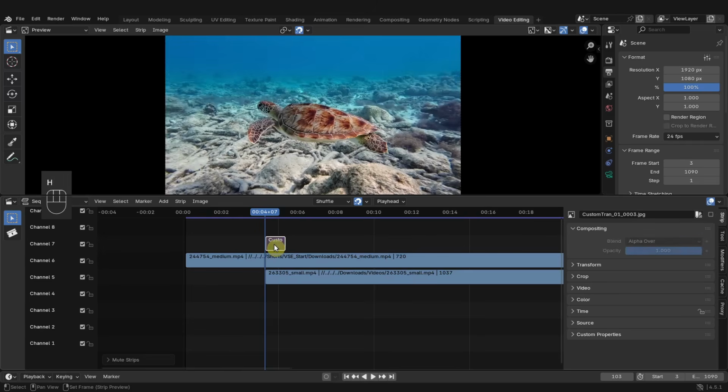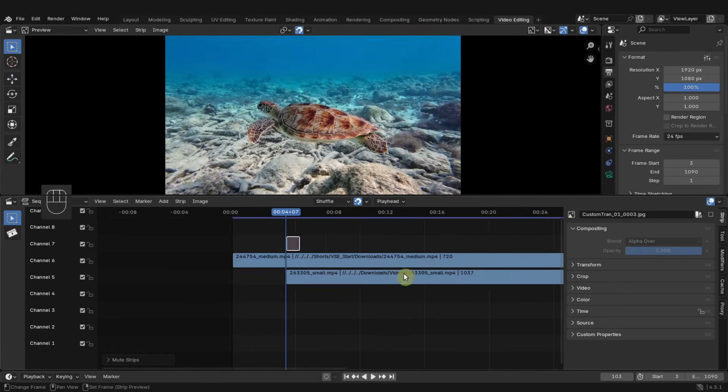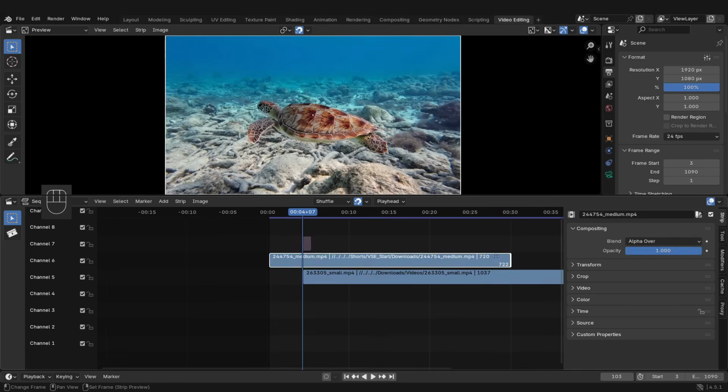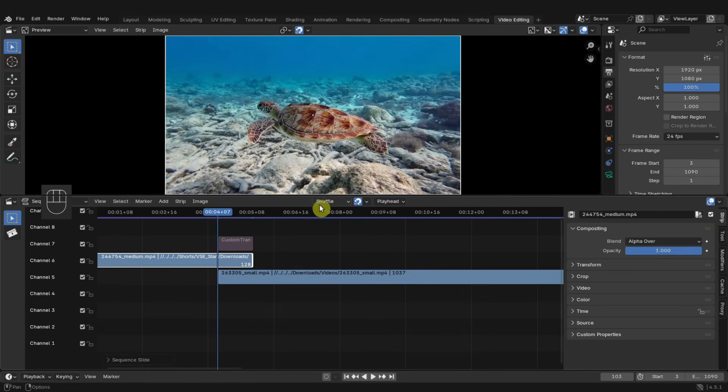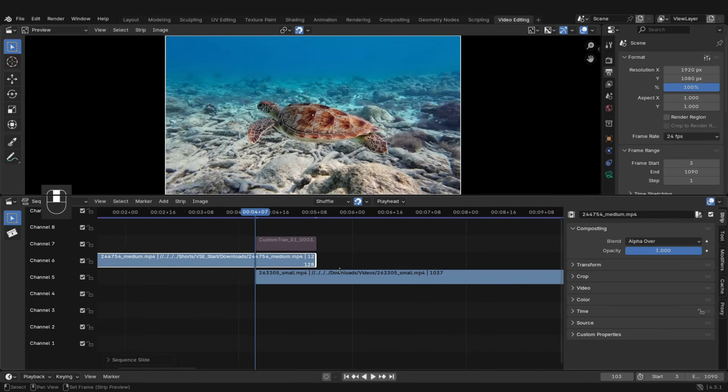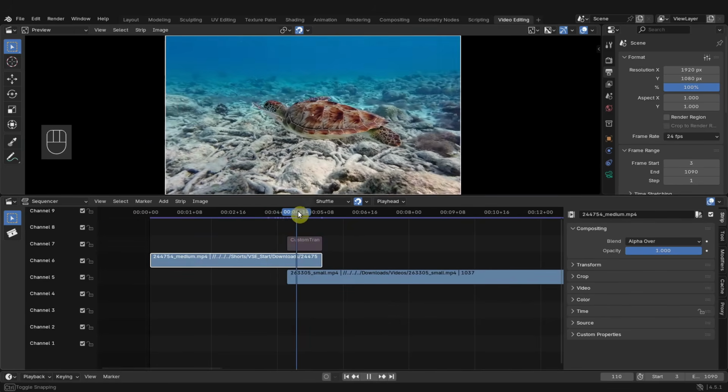So I'm going to press H to hide this transition. Then I'm going to take the end handle, click and drag, and we're going to snap it to the end here. If you don't have snapping enabled, that button is right here. So if I scroll in and adjust this here, now with the turtle footage selected, this strip here,